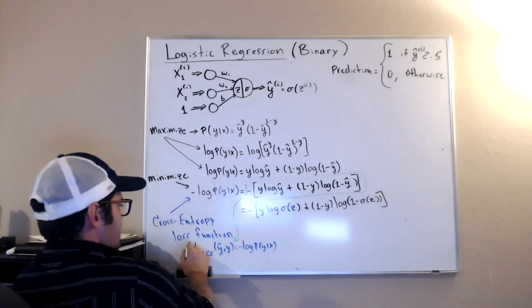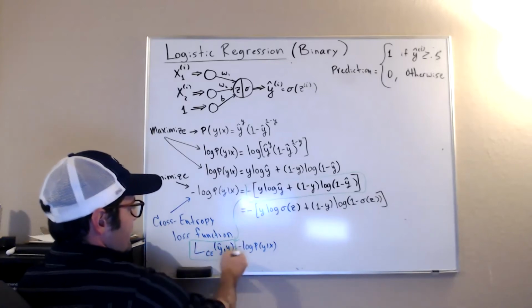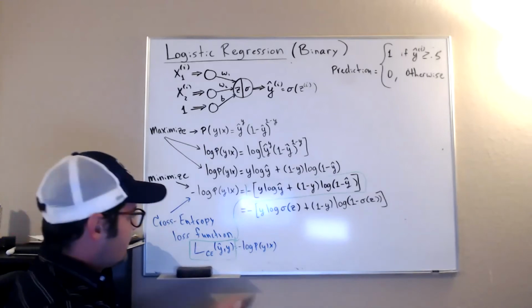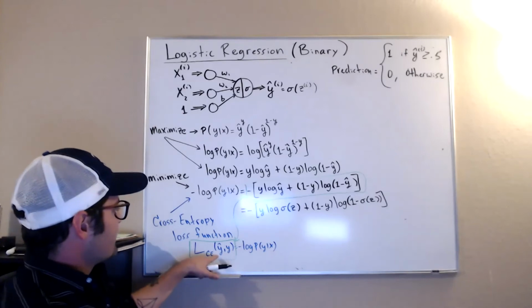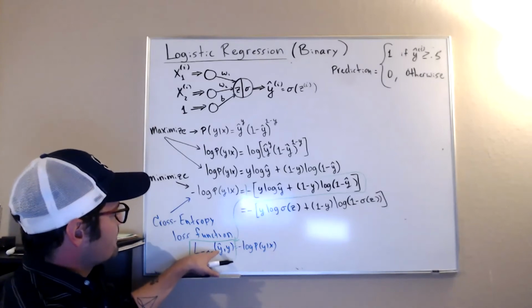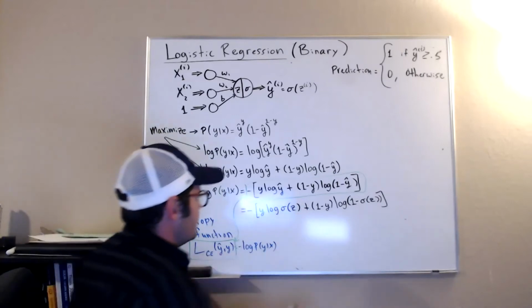That's what this notation is denoting. It's -log p of y given x. Keep that in mind: -log the probability of y given x is the cross entropy loss of y hat and y, and notice there's only y's there. But now if I go one more step here,